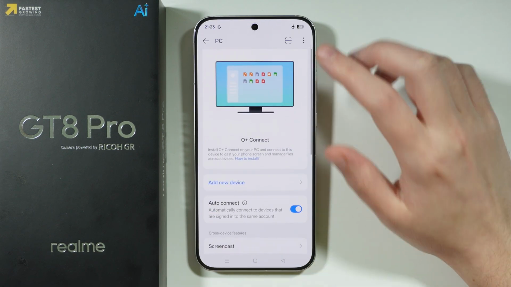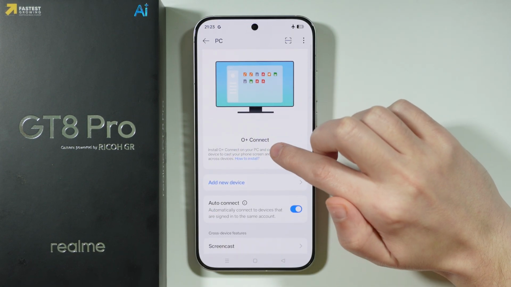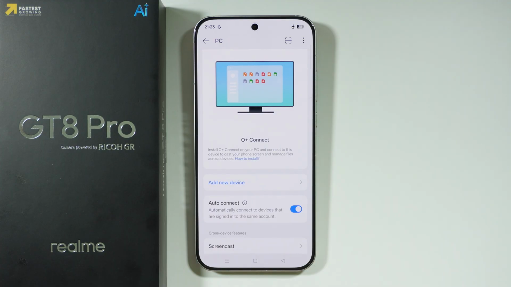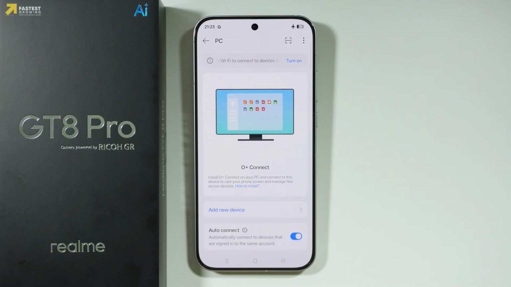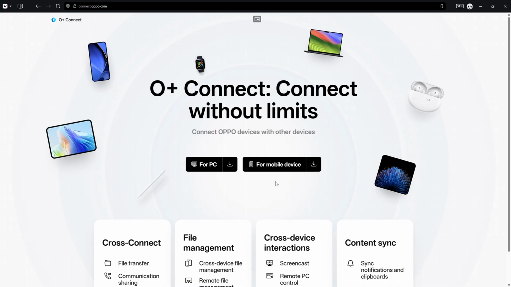Alright, so after that, we can see that we can use O+ Connect. Now, how to get the O+ Connect? It is quite simple. Our phone already has it. It is built within over here. And on our computer, of course, we need to download it. So you can open